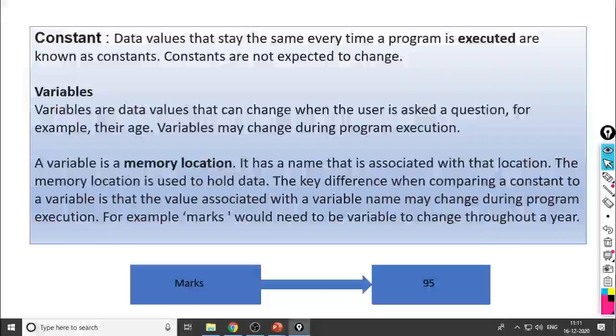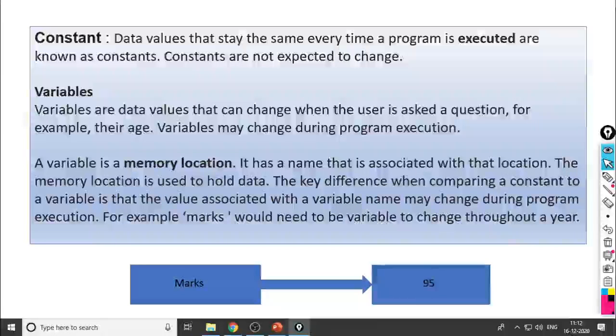The next concept related to a program is variable. Variable means the value which is varying during the execution of the program. Suppose let us consider the previous example. We have 10 and 20 and we have to add these two numbers. Suppose one student likes to do the addition of two numbers entered by the user.